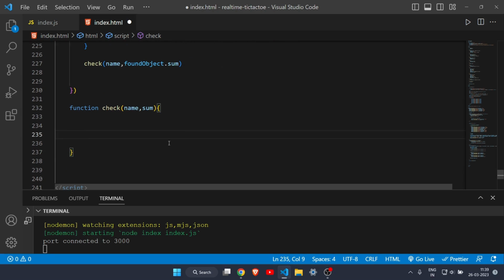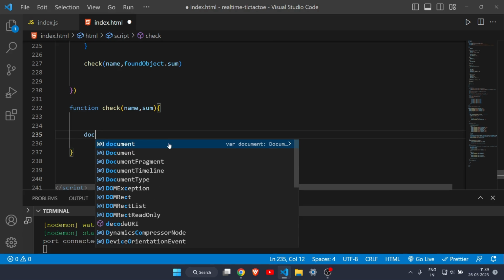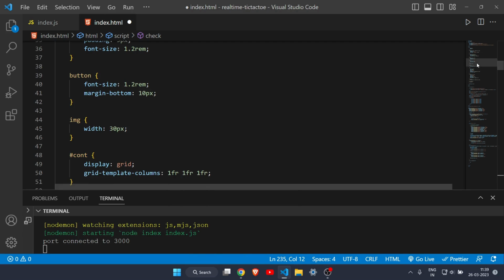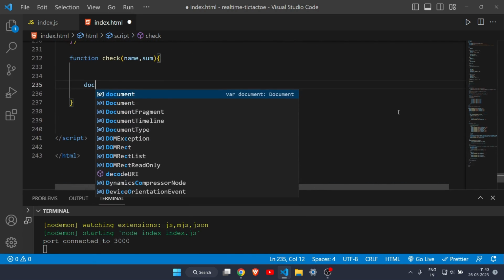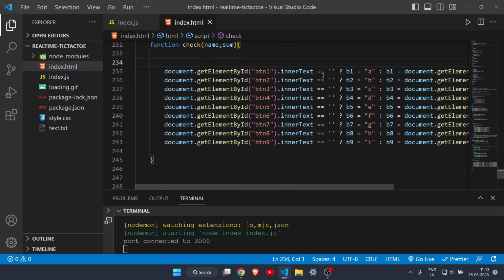And inside, let's write some code inside the check function. So first of all, I have to change the value of the inner text of all buttons. Alright, so let me just do that real quick. So I have changed all the inner text of all the buttons right here. As you can see, for the btn1,